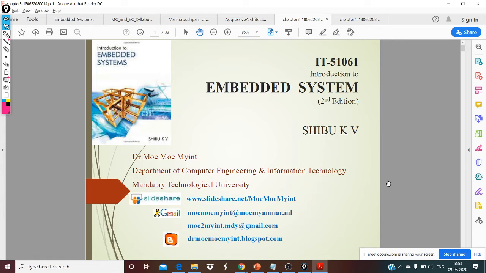We saw about the core of the embedded system, which is nothing but the processor or microcontroller or FPGA or ASIC. So whichever is the central portion that takes care of the processing of the embedded system. And next we saw the memory. So processor and memory together constitute the key elements, or it can be called the main core, the processing units of the embedded system.